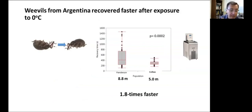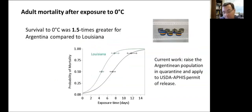It's 1.8 times faster. They wake up earlier after 0 degrees centigrade. And then in terms of survival, as you see, at the same exposure time, the weevils from Argentina actually had a higher survival. In this case, it was at 0 degrees centigrade, right? And all of this is just trying to say, what is this population going to bring if we release it in Louisiana, right? In this case, we show, yes, it is a bit more cold tolerant and can